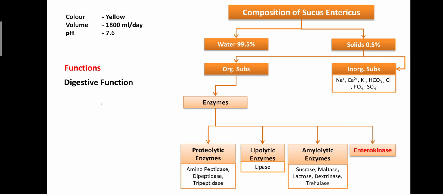Then the last enzyme is enterokinase. It is one of the most important enzymes in the small intestine, because this enterokinase can activate trypsin, and trypsin can activate all the other enzymes. Along with it, it can send information to the gallbladder and pancreatic gland. Then the gallbladder and pancreatic gland are involved in the secretion of digestive secretions.